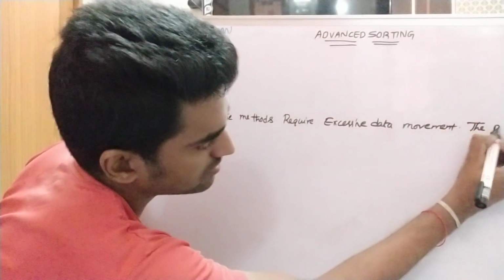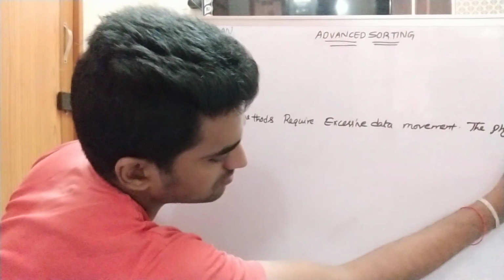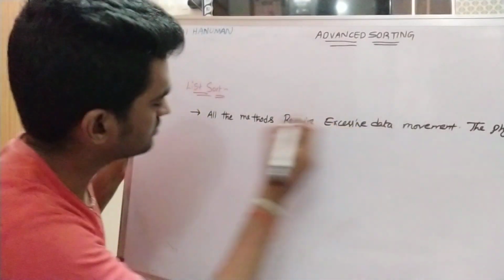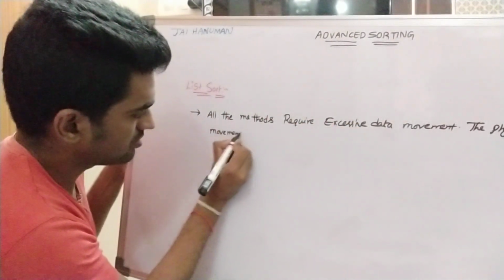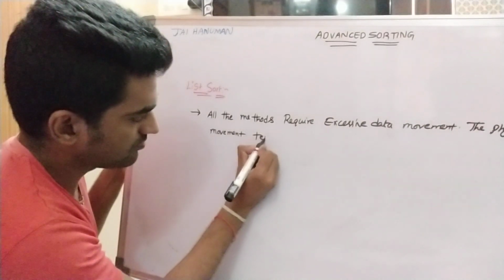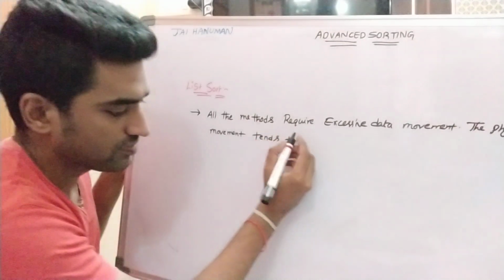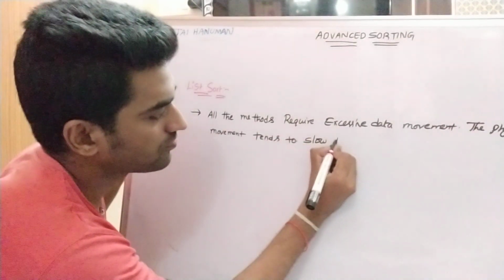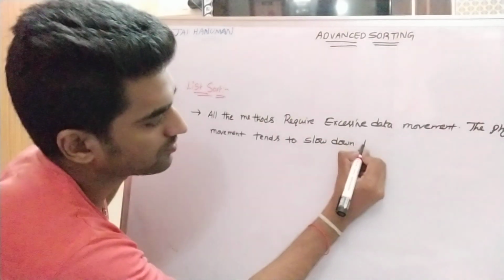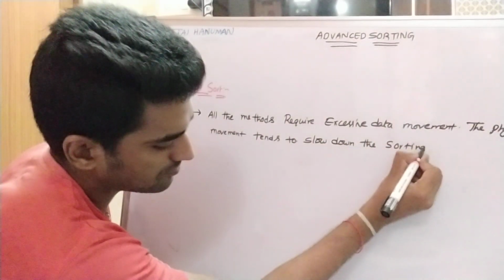The physical data movement tends to slow down the sorting,